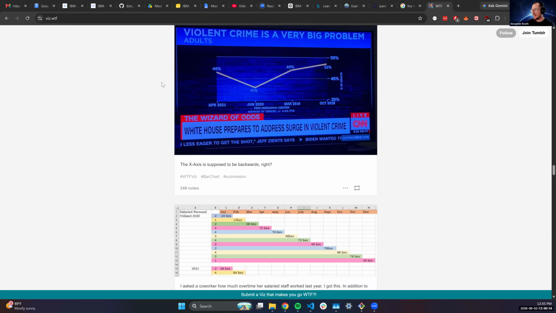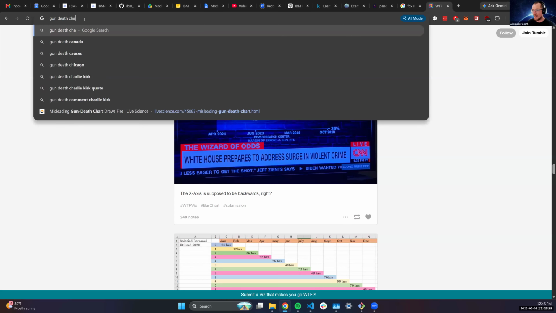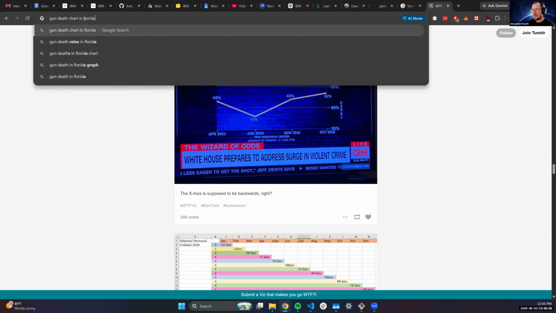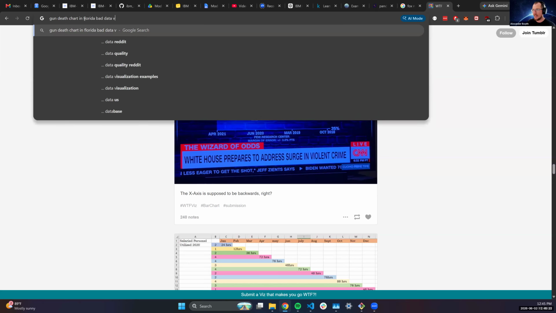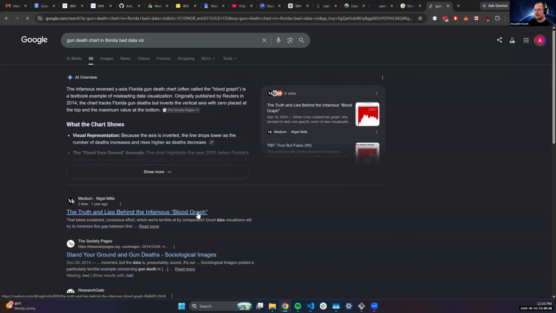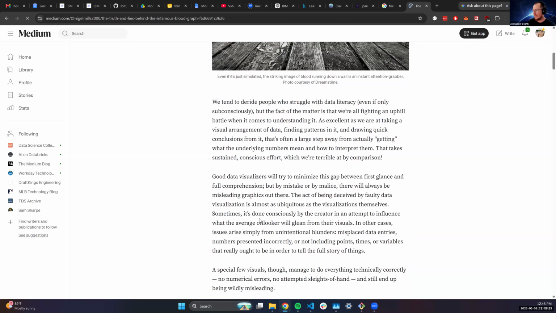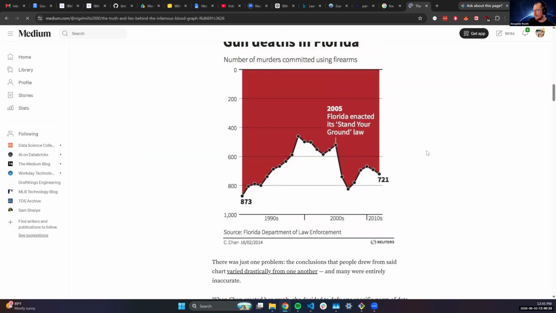There's another one like this. I don't know if you've seen this one. It's like the gun death chart in Florida. Bad database. I actually may have posted this in the forums. Yeah, the infamous blood graph. Ooh, sounds dramatic. But it is. It's a weird graph. Like here it is. It's supposed to show that like, hey, like